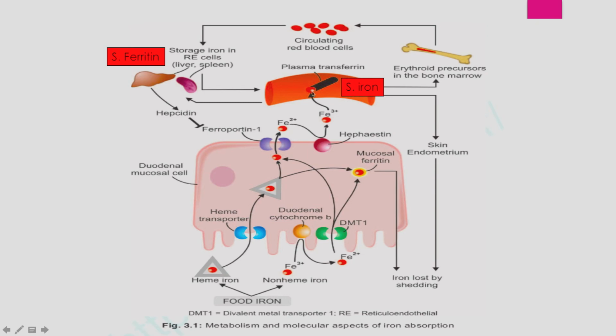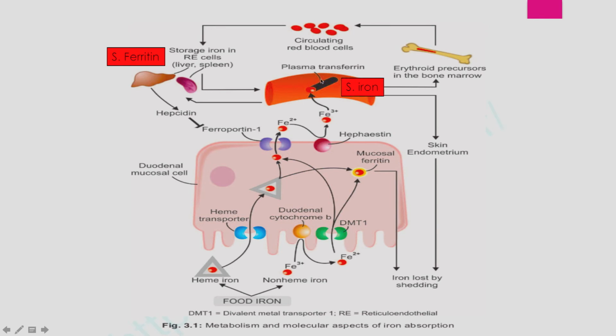So the iron is attached to this transferrin, because iron is a toxic molecule, it cannot float like that, so it attaches to the transferrin protein, which is produced by the liver, and this transferrin plus iron is transported in the blood to erythroid precursors, for example in the bone marrow cells. The bone marrow takes this iron from this transferrin protein and incorporates it into hemoglobin, and incorporates the hemoglobin into the RBCs and produces the RBCs.